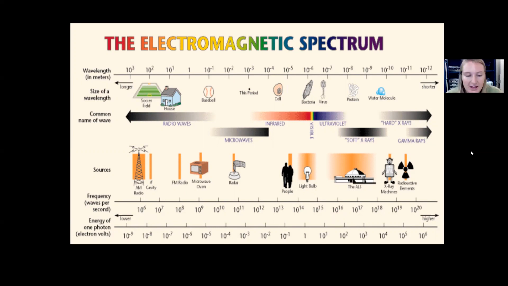So that's all we have for our little electromagnetic spectrum intro. What you guys are going to be doing next is working on a little web quest, looking more into the electromagnetic spectrum, and that's going to be under your classwork tab. Open up your classwork tab, open up the electromagnetic spectrum web quest, and that is what you are going to be working on for the rest of today. And we will probably be working on that tomorrow as well.